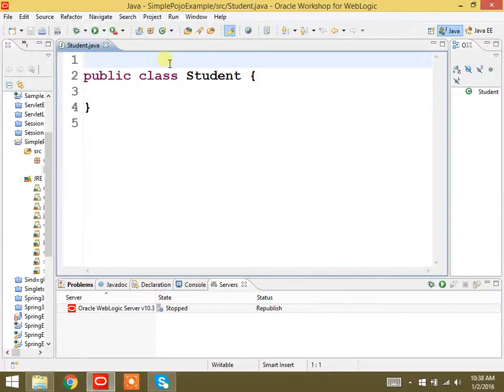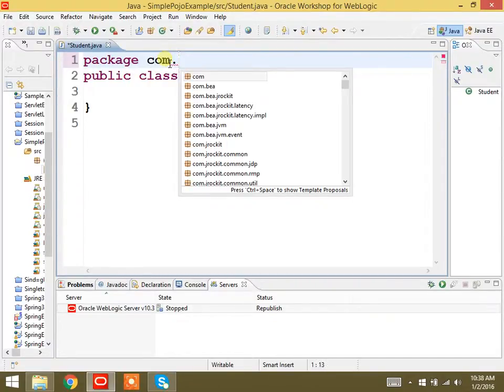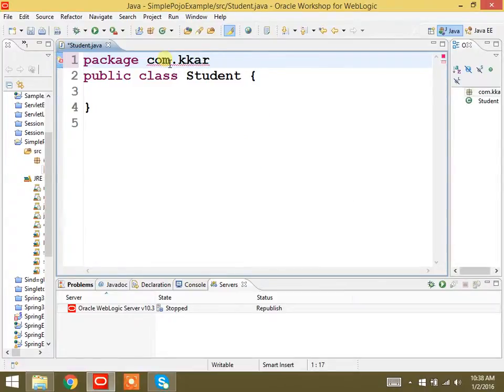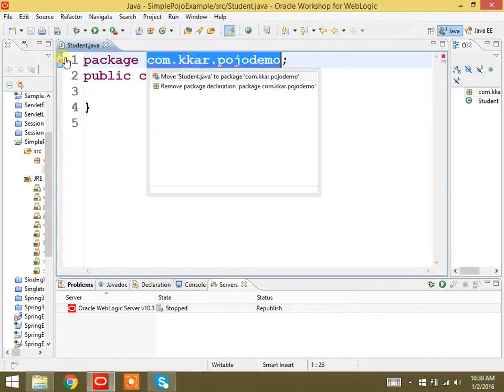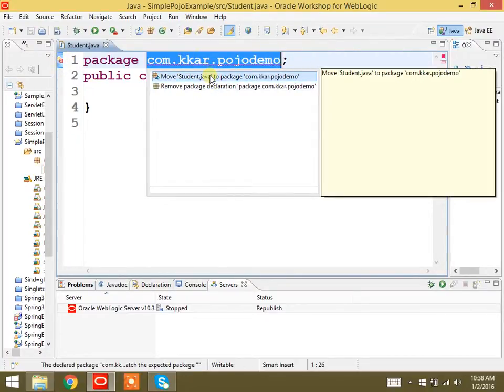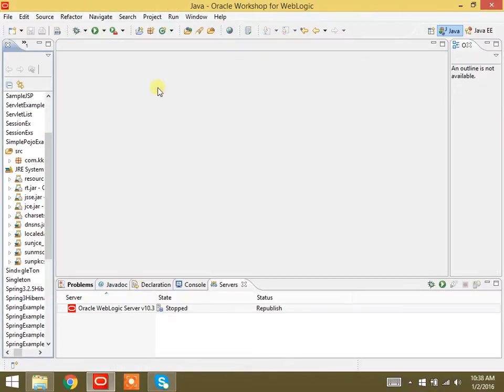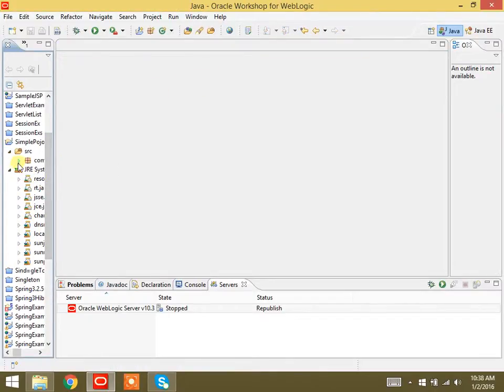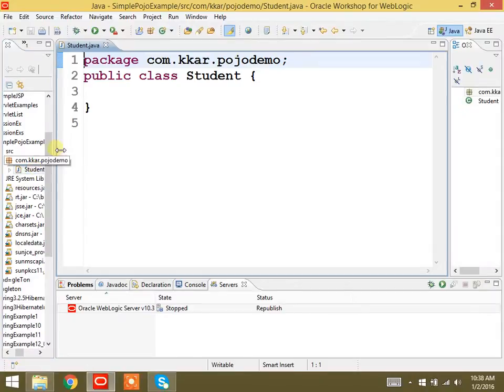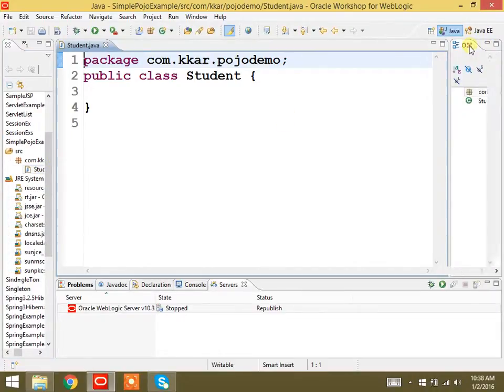Make sure that you specify some package for storing the data. Package names, most of the time, try to keep in small letters only, and move the student.java to this particular package. Okay,